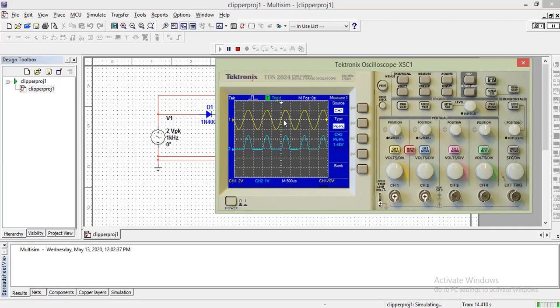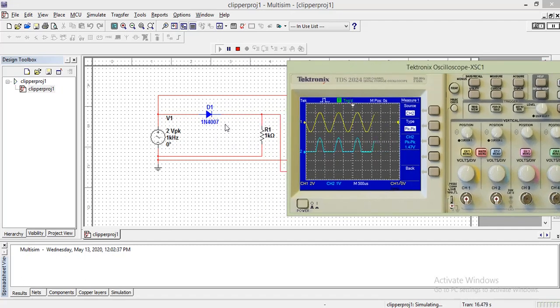Actually, from the input, if you see, the positive half cycle is 2 volt, the negative half cycle is 2 volt, so in total it is 4 volt. But here you can see 1.47, whereas that 0.5 volt is gone. Why is it missing? Why are we not getting 2 volt? From 0 to the positive side it should be 2 volt, but we are getting 1.47. So 0.5 volt is gone. That is the voltage drop across the diode. Remember, during the positive half cycle there is a voltage drop across the diode, and whatever you get across the resistor is this output.